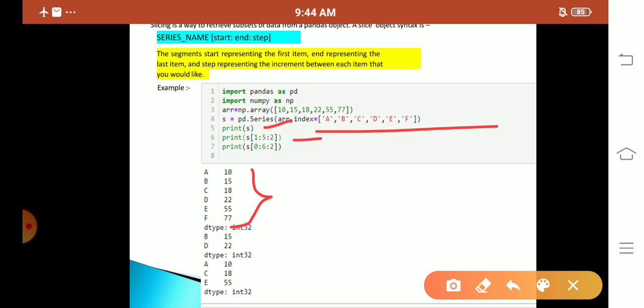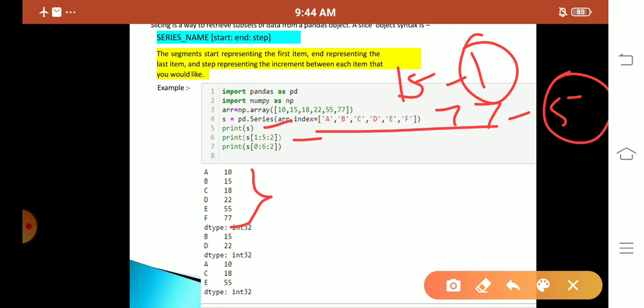It means what? Index 1 is what? Your 15. Index 5 is 0 1 2 3 4 5, your 77. So 15 is stored in the first index and 77 is stored in the fifth index.